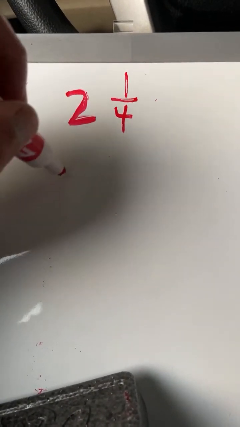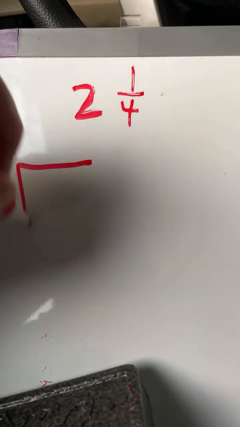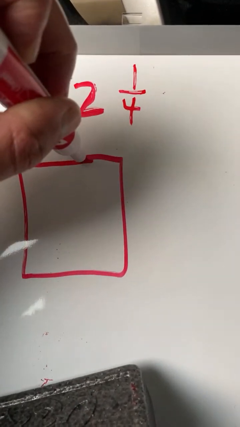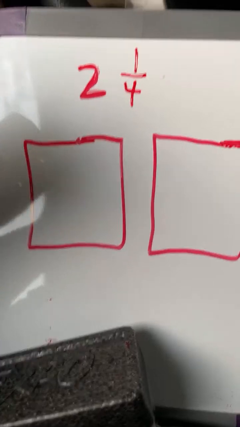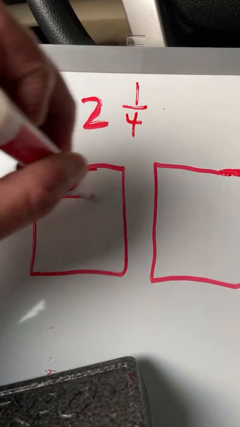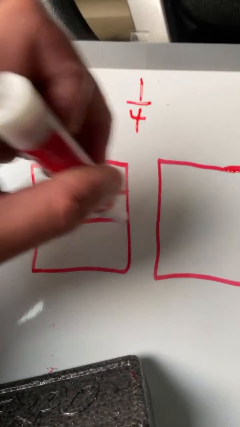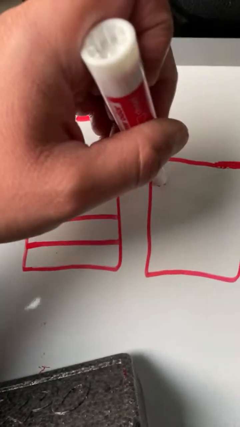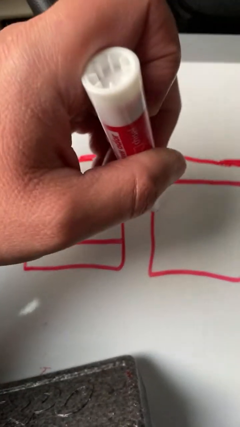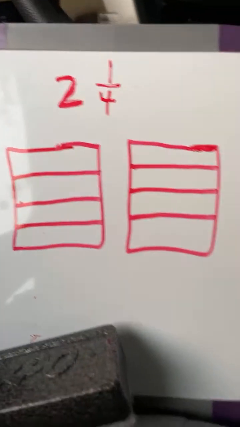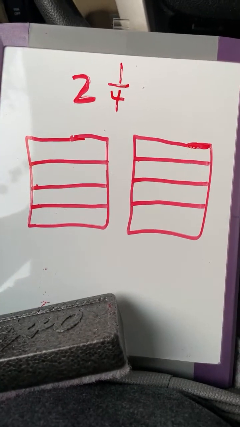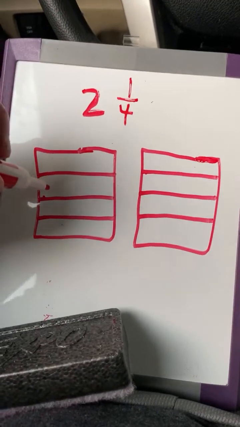So what I would need to do, again, fourths would be a shape with 4 equal parts. Four equal parts. Now if I have 2 wholes,